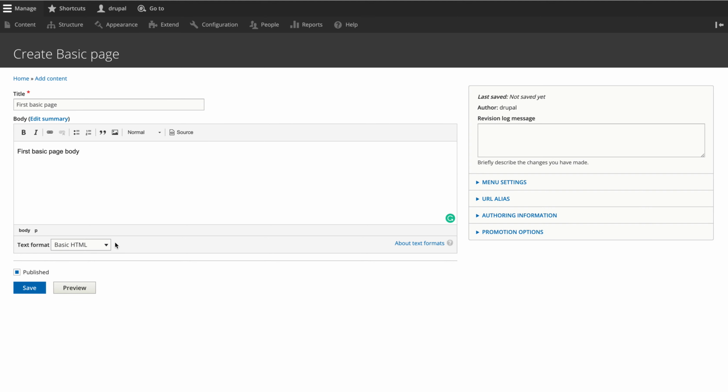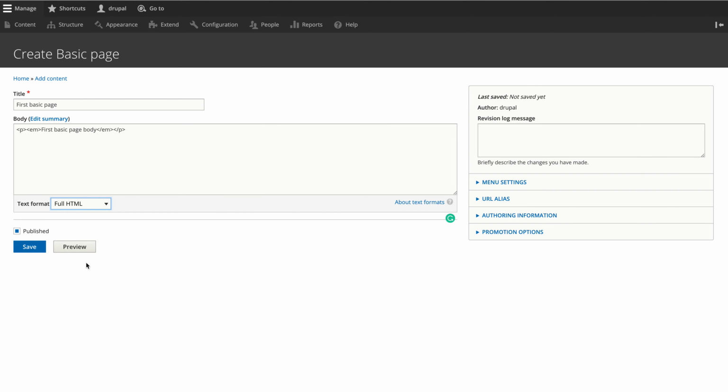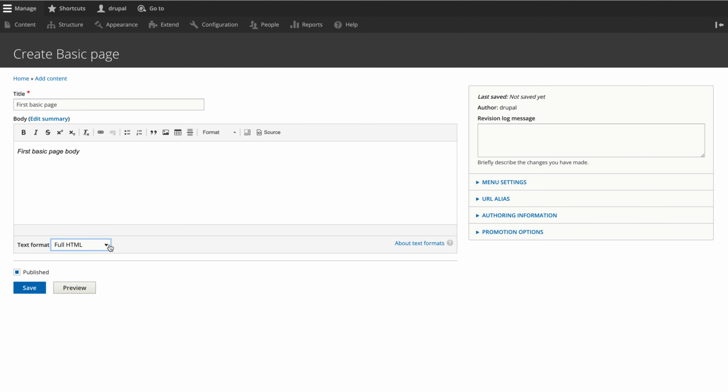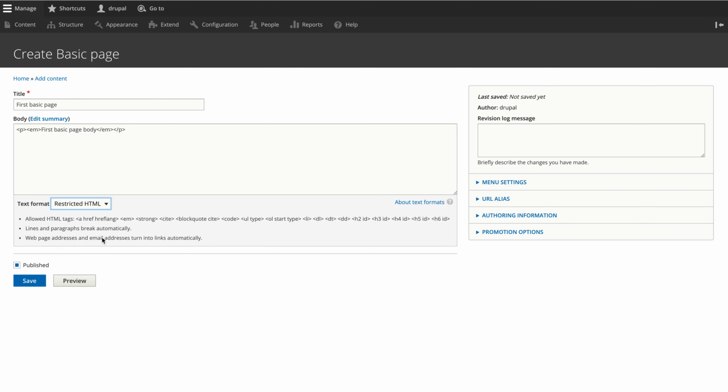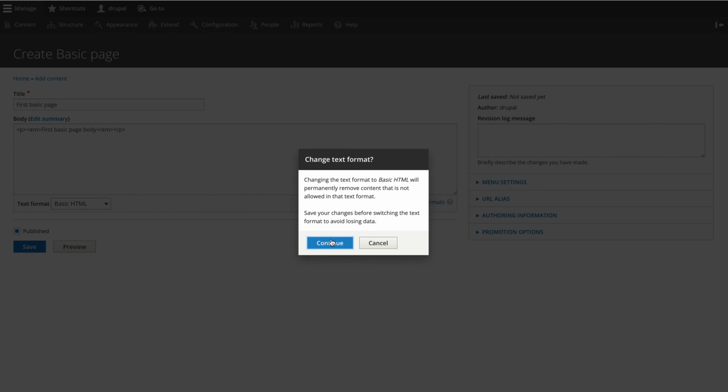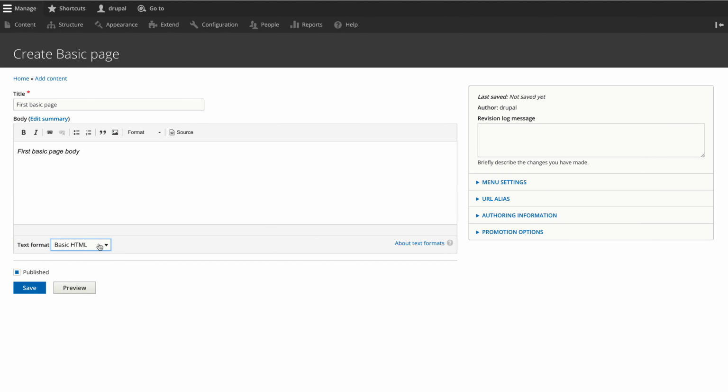Even you can format this with the italics and everything, or you can use full HTML, or restricted HTML, or basic HTML.